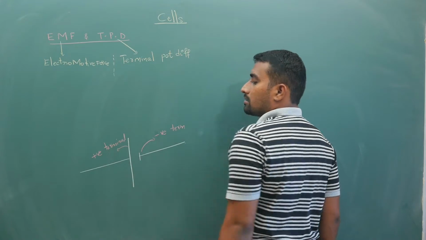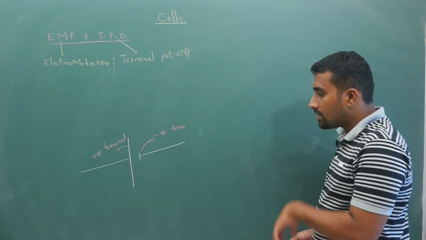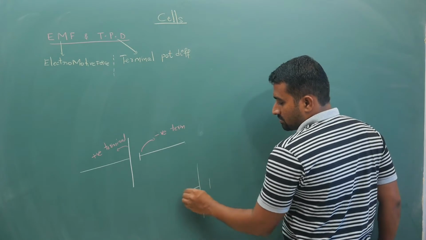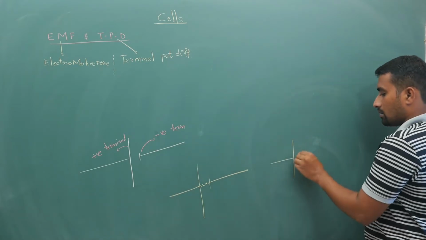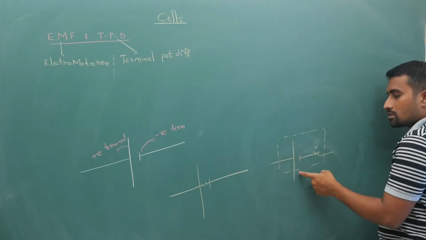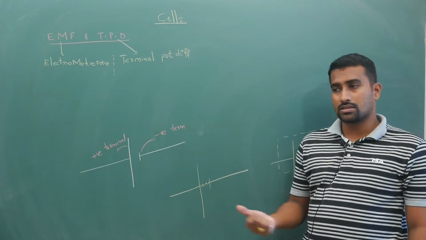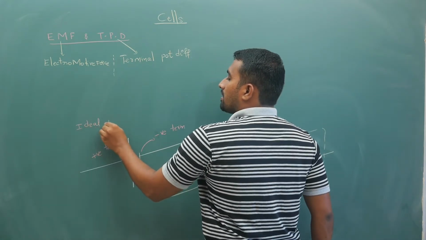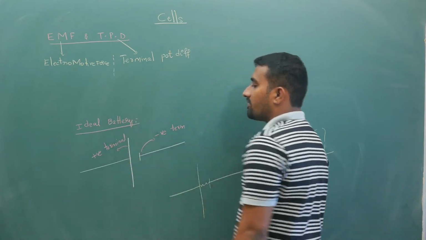Okay, and as I told you, this one is not having any internal resistance. A cell with internal resistance, they will keep it like this. They will have internal resistance here, or they will give you a small box like this with a dotted line. This is also a kind of cell with internal resistance. This is a cell without internal resistance, and this is a cell with internal resistance. So this is what is called an ideal battery, in the sense there is no internal resistance for this battery.